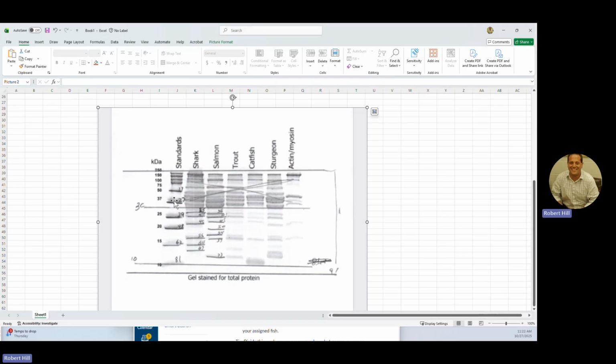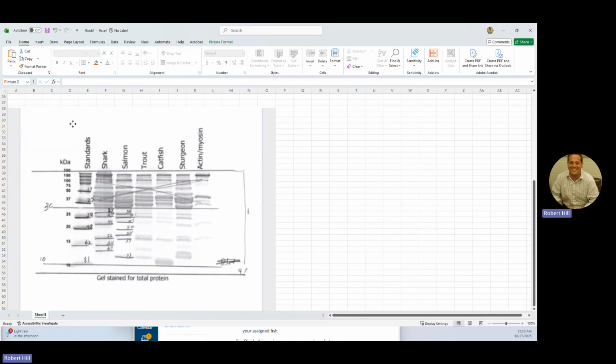All right, so now I did include with the standard the 50 and the 37 kilodalton marker here, because there are some bands up here in shark and salmon and also in trout and sturgeon that are between 25 and 37. So in order for those to fit in the linear range of the curve, we need to include that. I'm including this 50 kilodalton one. You don't have to, it's optional, but I'm going to go ahead and include it. Okay, so